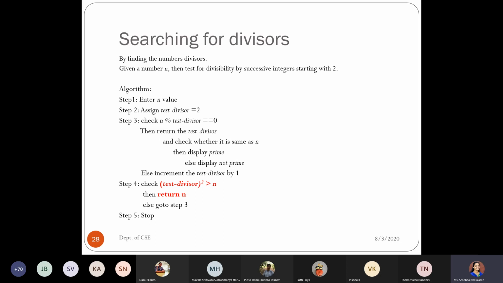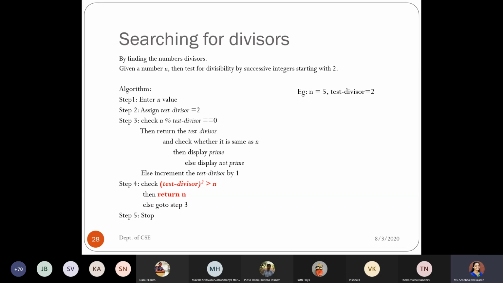So instead of taking the procedure for those many iterations, what I can do is apply a square procedure. Square procedure means I just have to call multiplication one time. So when we compare these two procedures, the square procedure has less complexity. So I have applied the square procedure onto the test divisor. If the square of the test divisor is greater than n, I'm just returning the n value,